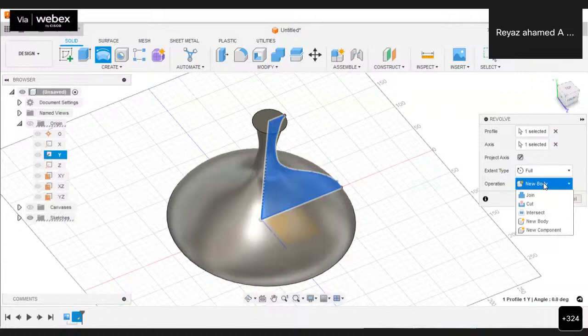And also you may remove the material of the existing design based upon the new design. So like that, you can choose the Boolean operations. But here there are no other objects already created. This is the first object we are going to create. So let us go ahead with the default option, that is new body itself. Let me choose new body and then click on OK.